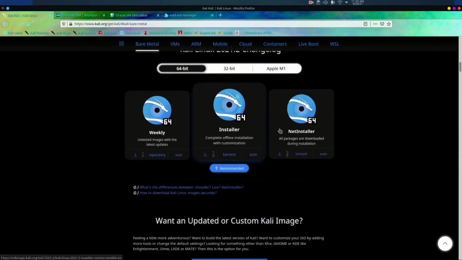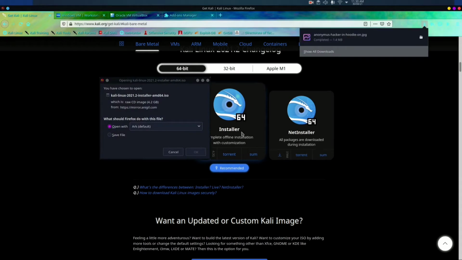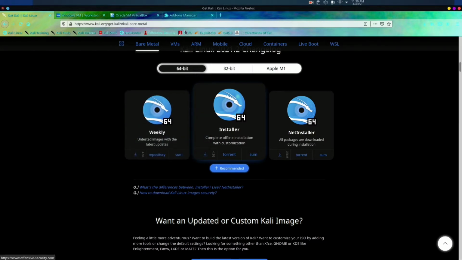This will give me the download link for 64-bit, 32-bit and Apple M1 machines. Here you need to click on installer. This is the complete offline installation package, which comes with all predefined customizations. Click on the download. The download will take some time. I have the file already downloaded for Kali Linux 2021.1, so I will use the same.